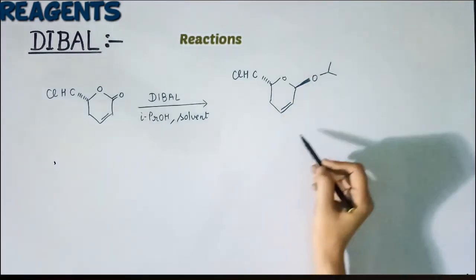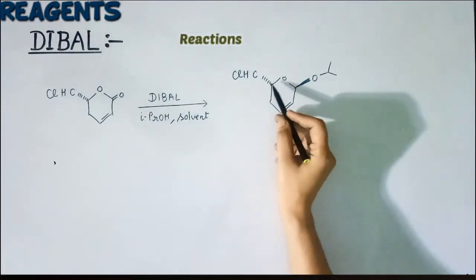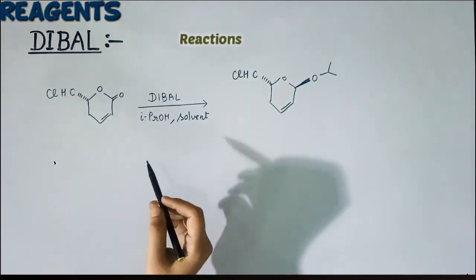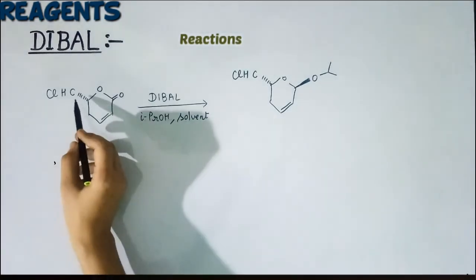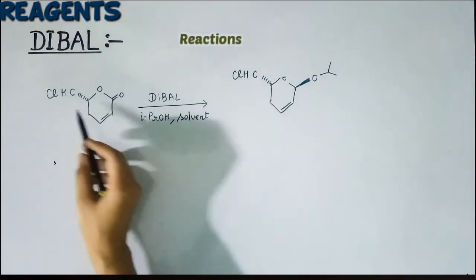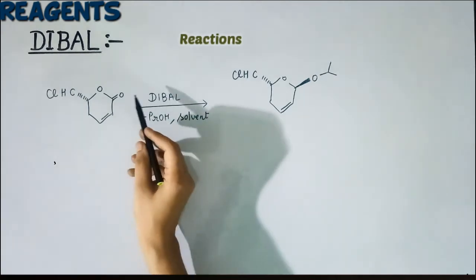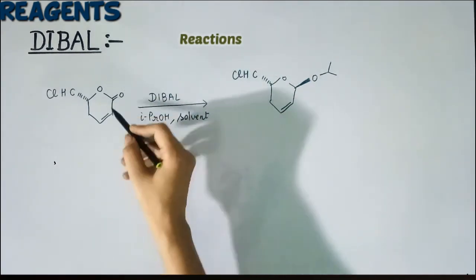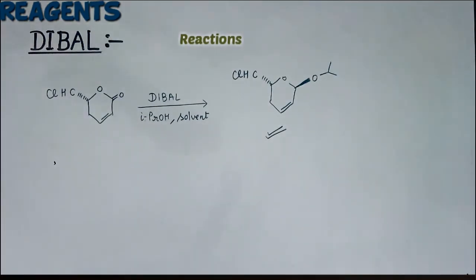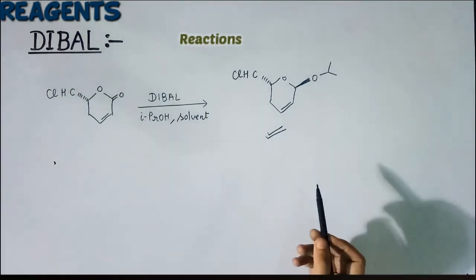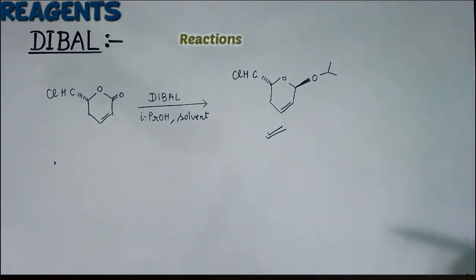You can see that in the product this group is above the plane and this is below, and this is because of the stereoselectivity. And you know that DIBAL has bulkier groups, so because of steric hindrance this reaction will prefer to act from the front, okay? That is why this product has been formed. So this is your homework, to perform the mechanism of this reaction, and I will discuss it later in the next videos. Now I want to discuss some more reactions. So let us see.